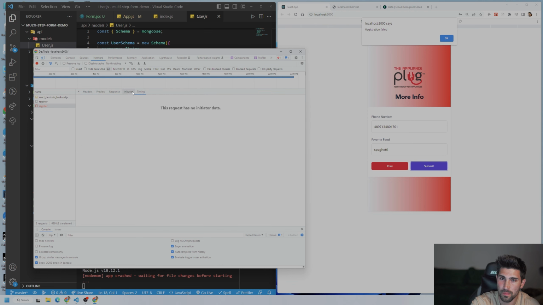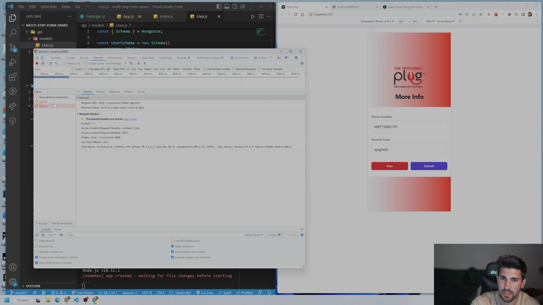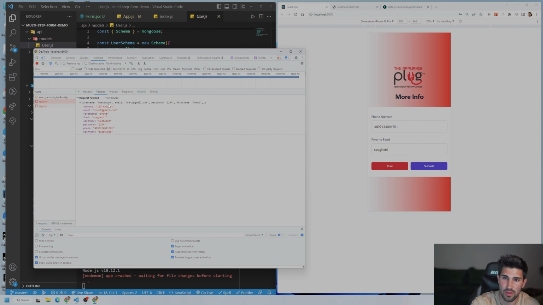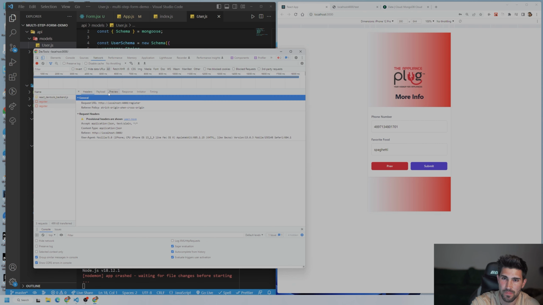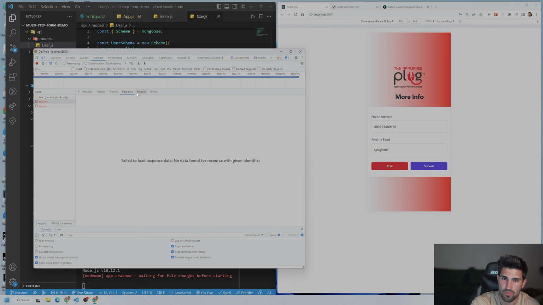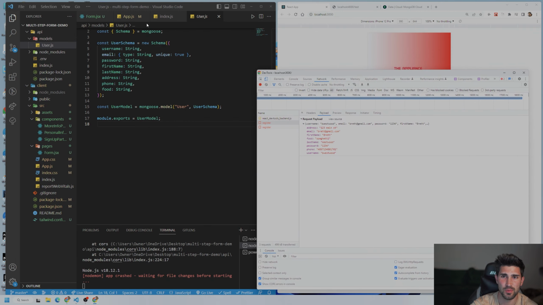Let me see. So we get everything in our payload, which is all our information. We don't get any response, and it's because I think we didn't download one package. So let me check that real quick. Okay, so one of the middlewares we didn't include, which I think is the reason why we're getting an